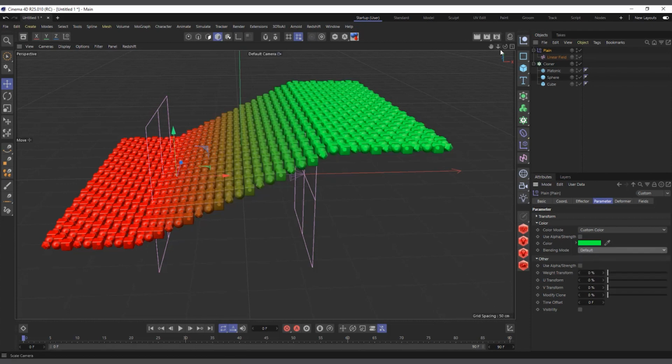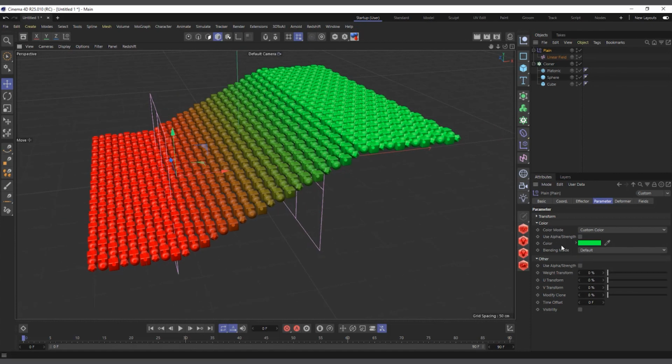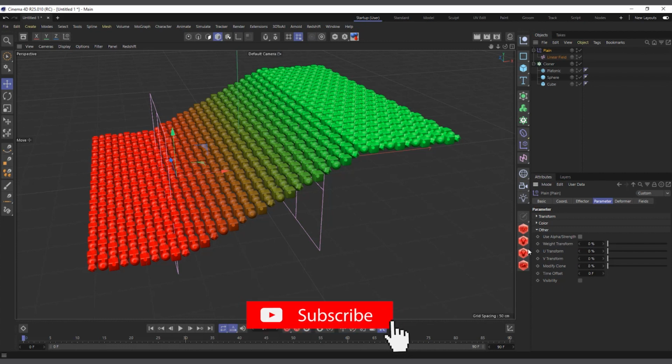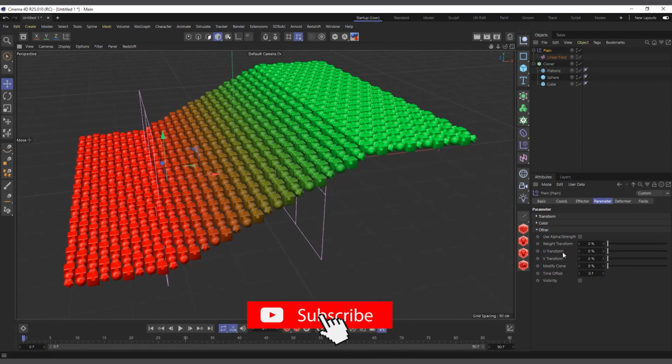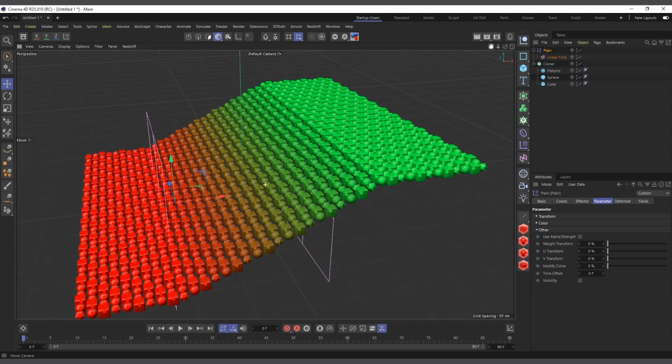So that's basically how the color modes work. Down here you can also use the alpha strength. So just using the black and white matte, you can use alpha strength as well, which most of the time I will not necessarily need. The next is the weight transform, and this particularly works with the old versions